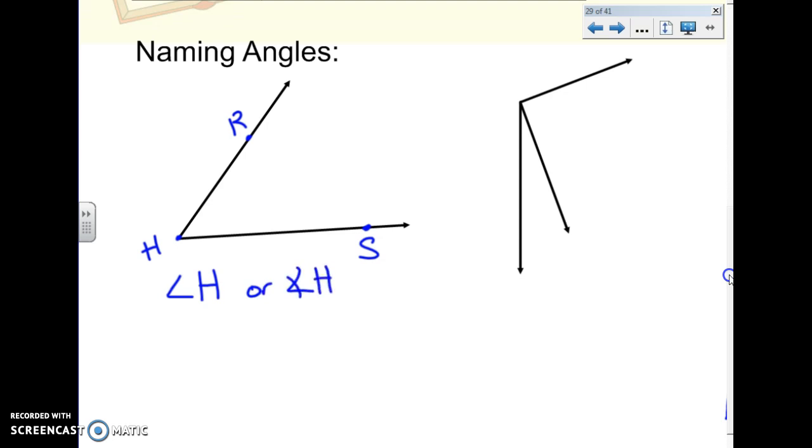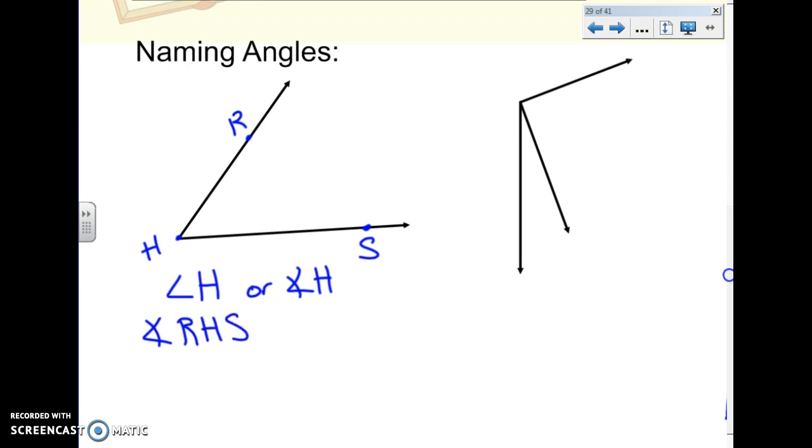All right, sometimes I might throw a little arc on my angle symbol, so I apologize if I do that. I've kind of been trained to do it that way when I'm handwriting it, and that's so that people don't confuse that notation with a less than symbol. All right, so we go with that. We can name it angle H. That's the easy way. That's like a shortcut. All right, you can also name this angle